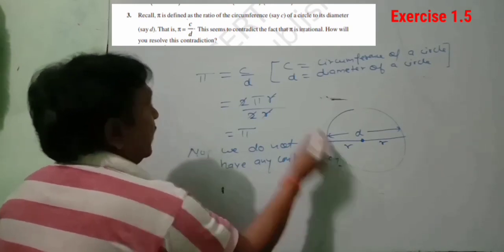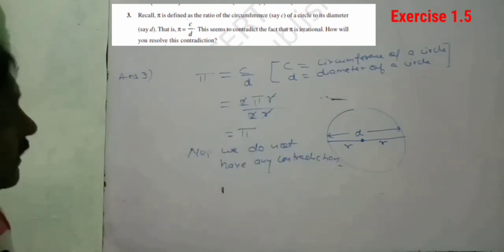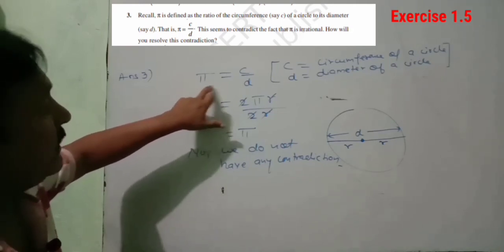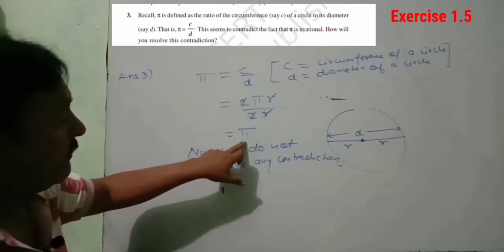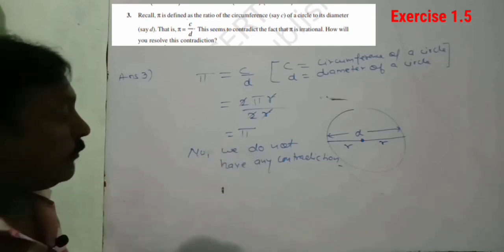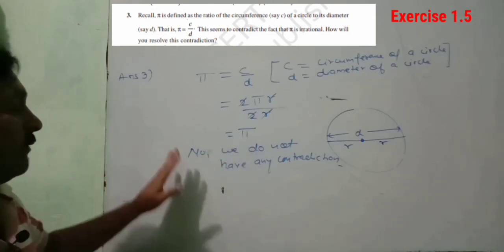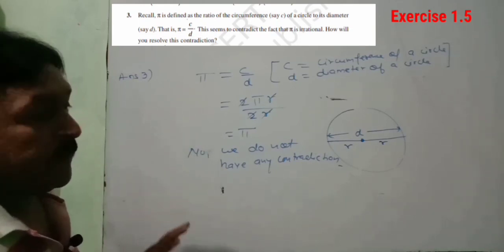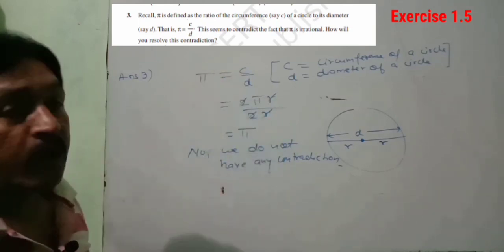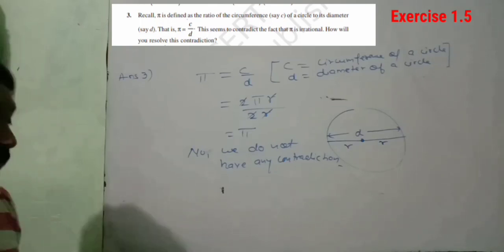And this was the method by which I had shown that actually I had written pi in this form, but if I solve it, then in return I will get pi. Okay, so we don't have any contradiction and we are now confirmed that pi is an irrational number. Okay, and this was the method of resolving it. Okay, now see question number 4.